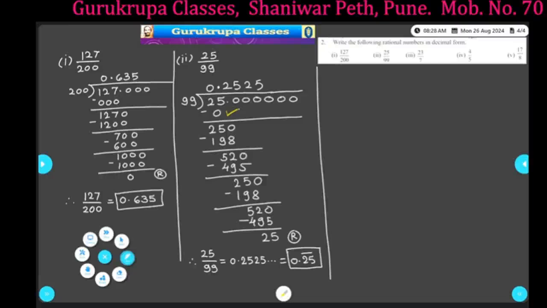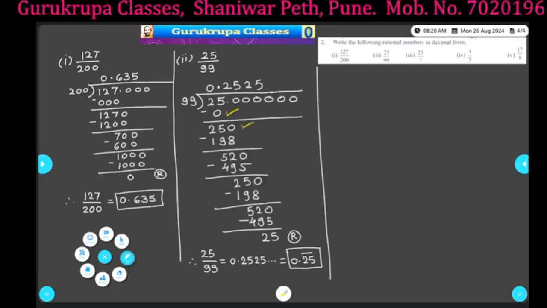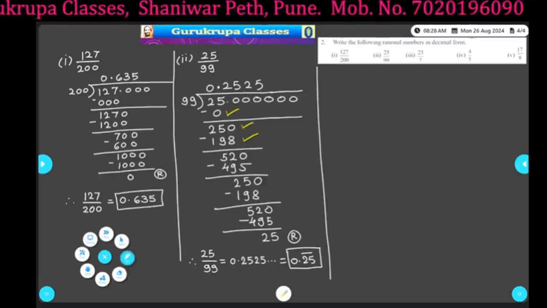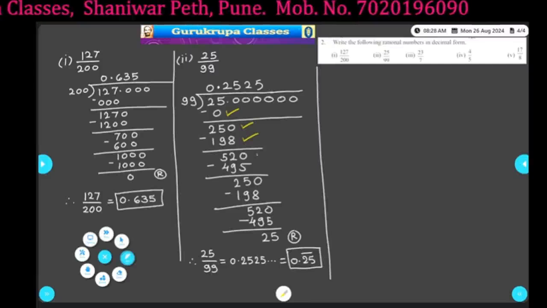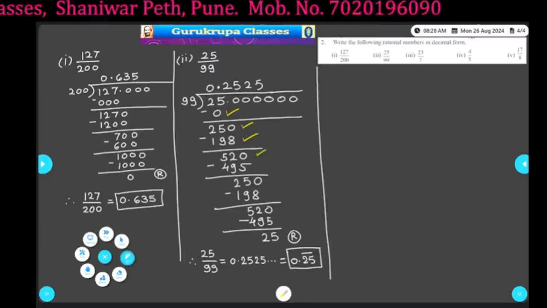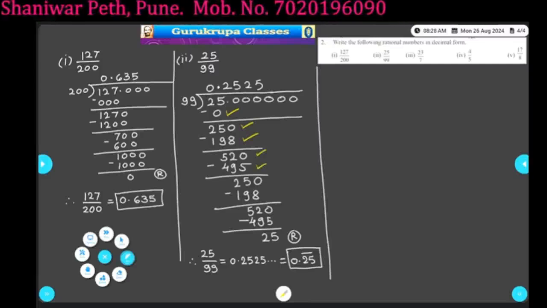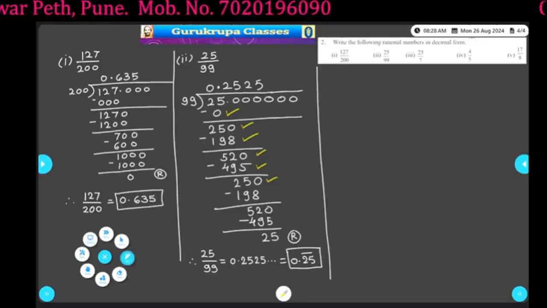Then we take 0 and get the dividend 250. So 99 twos are 198, we get 52 as the remainder. If we add 0, we get the new dividend 520. Then 99 fives are 495. We get remainder 25. And if we add 0 to that, we get the new dividend